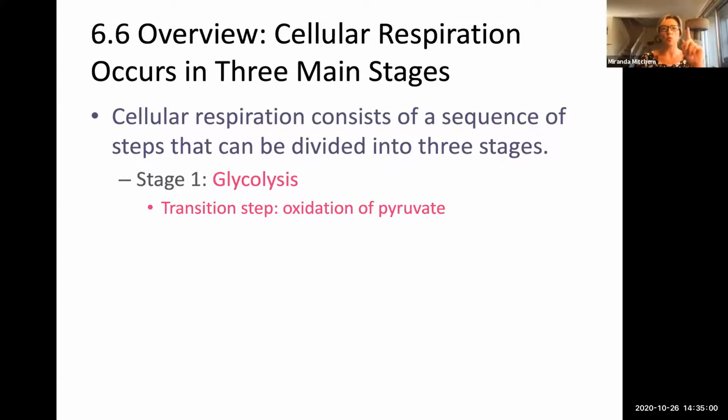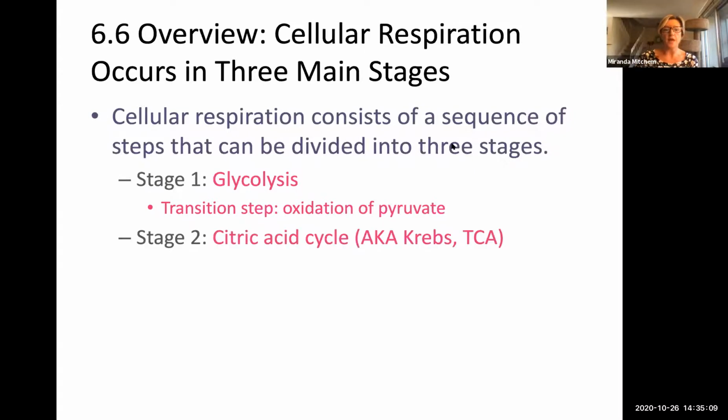It begins with 1 molecule of glucose going into glycolysis. We complete glycolysis, followed by the transition step, and then it moves to what is called the citric acid cycle, TCA. It's also called the Krebs cycle after Charlie Krebs, who discovered it, which, by the way, yes, I'm a